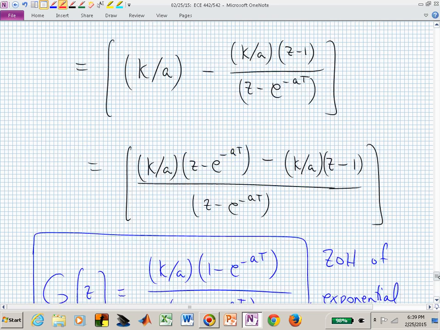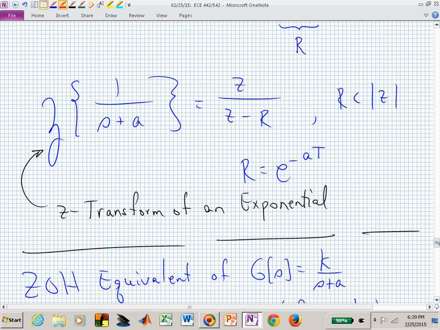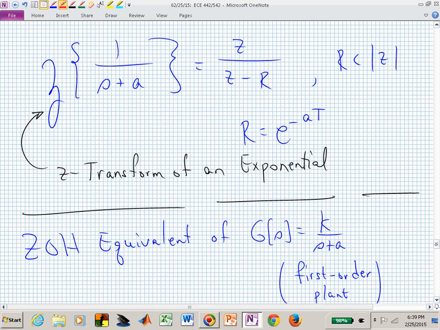What was our DC gain of our original exponential? There it is. Now you told me replace S with 0. It's K over A. So we're matching at DC. That's good, isn't it? So our models for continuous time and discrete time are consistent at low frequencies, at DC,